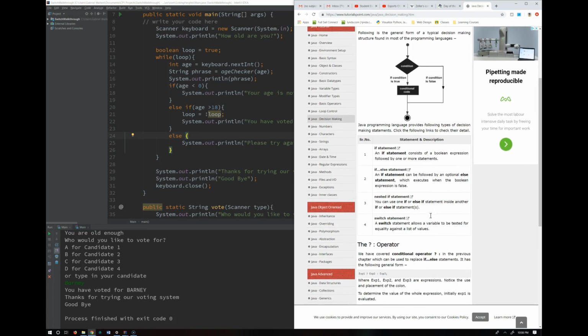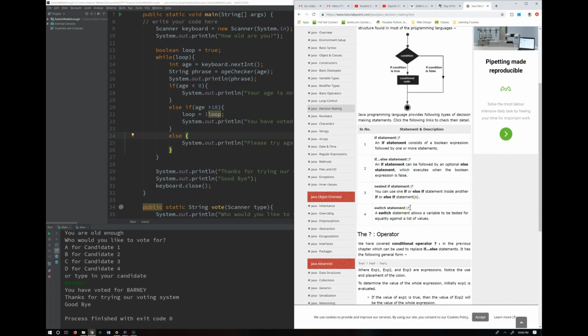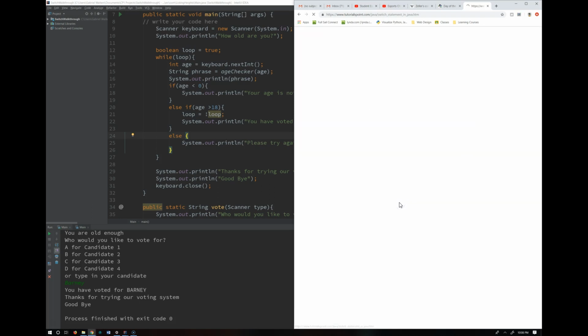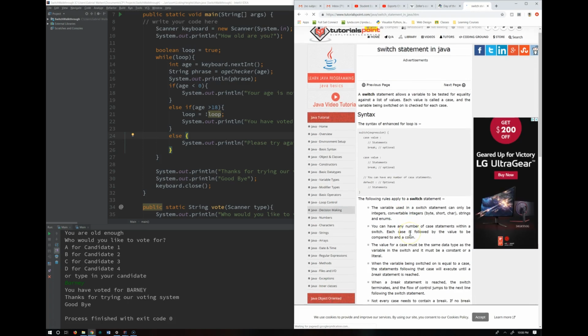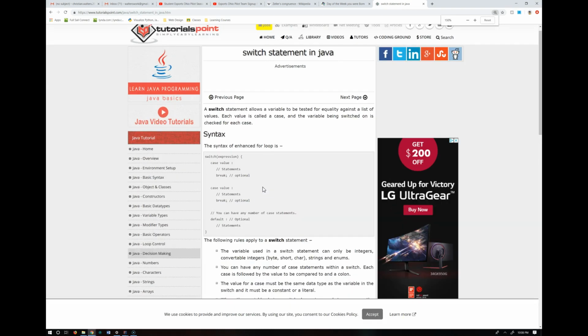We have learned if statements, if-else statements, and nested if statements, all of those. The only thing that we haven't really learned is switch statements. Switch statements are really useful to use. The major difference, let me open this bigger, when we're looking at switch statements is that